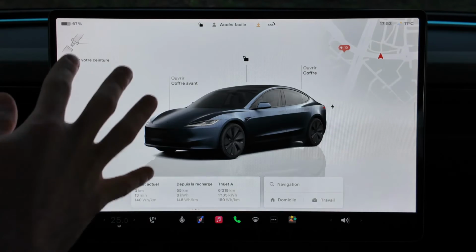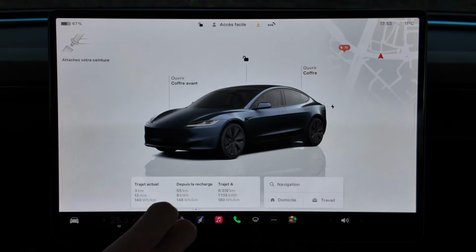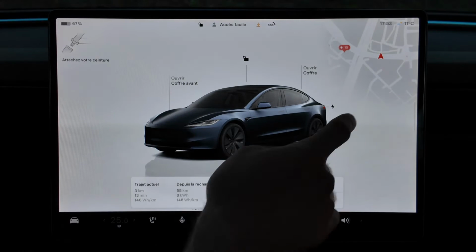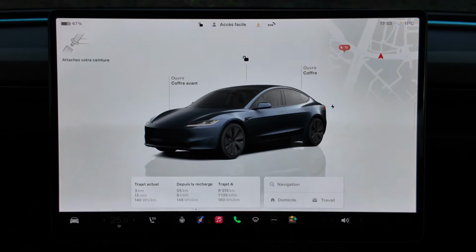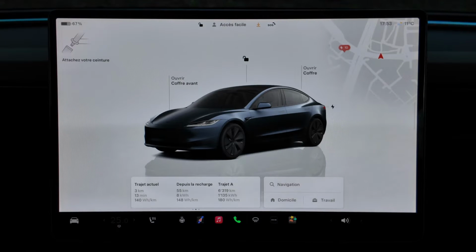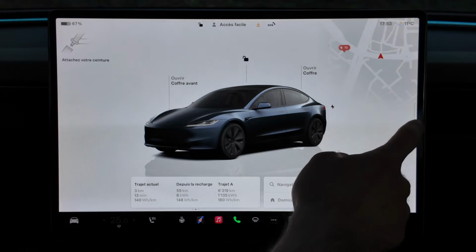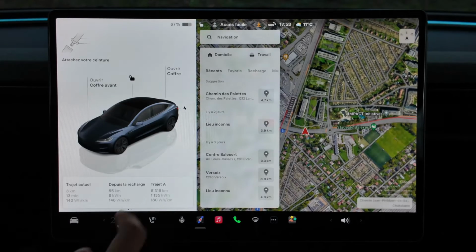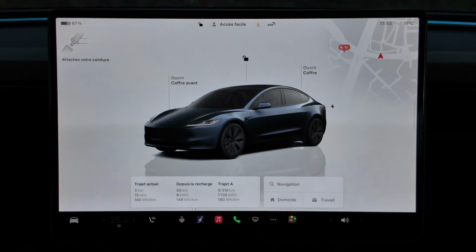You can also see when you're on the large page like this, in other words, on the extended home screen, you still see the navigation on the right side of the screen, even though it's not in satellite mode. Just so you know, you also see it during a route, so you can still have this expanded view without necessarily having the navigation like this, and in any case, you'll see the route you're currently taking.